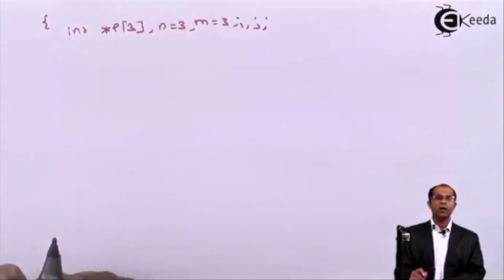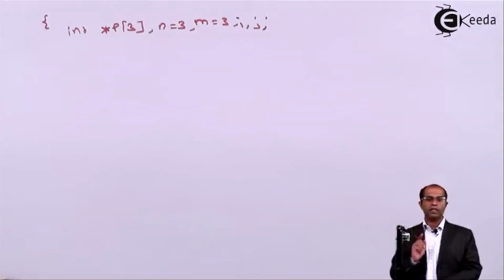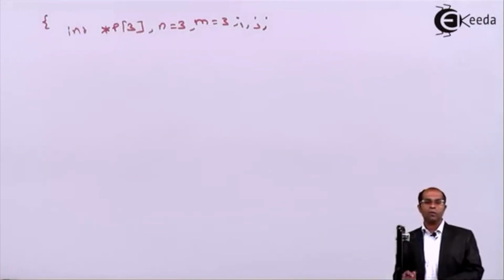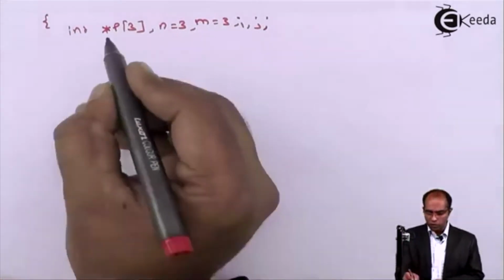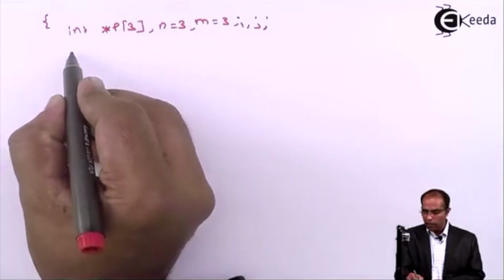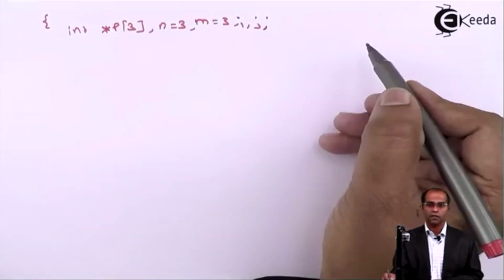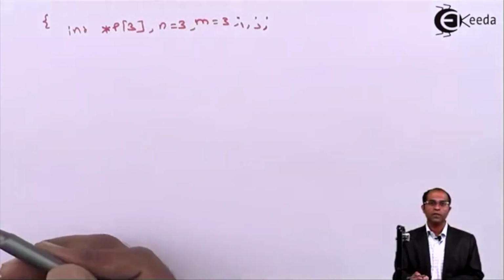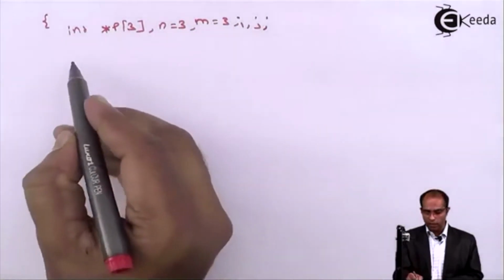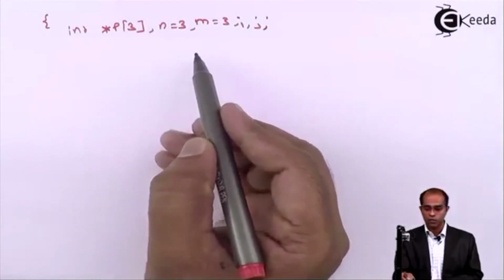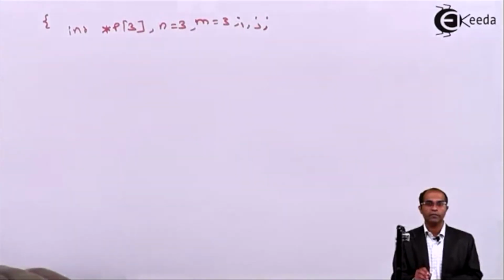What I need to do is add up all the values of this particular array. So when I say *p[3], since you have set the number of rows and columns as 3 and 3, you can directly go with the malloc instruction. If you want to ask the requirement, ask the user to enter the number of rows and columns, read them as m and n, and then you can allocate space for that.